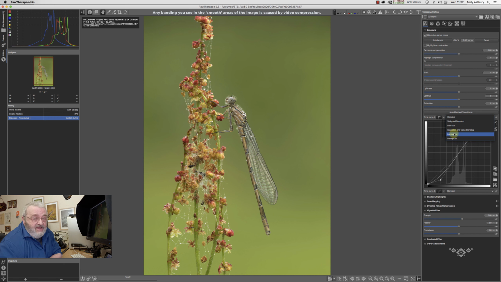Now, anybody who's been watching the government graphs for COVID-19 will actually know the difference between linear and log, because log curves make things look a little bit lower than linear does. So if we were to use a linear scale for this histogram, then it would be quite tall. My advice is to have it in log. It makes a lot more sense. The histogram is a bit more